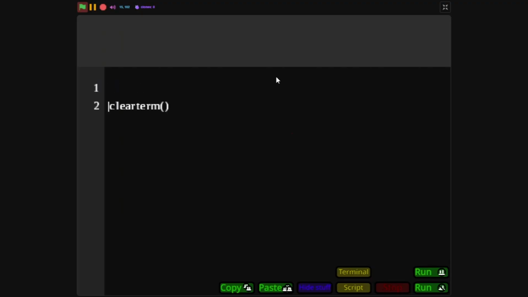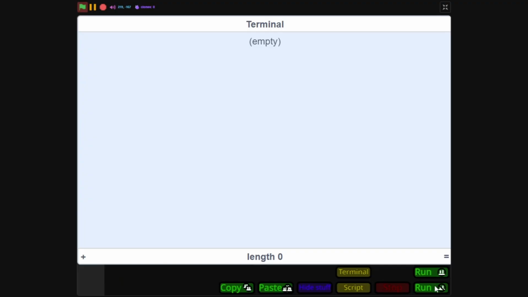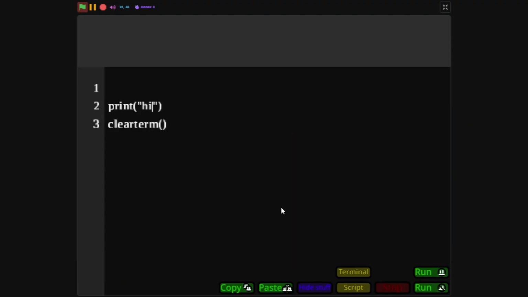Yep, clear terminal. So we can just print i, and then we can run, and then nothing prints. There we go. Anyway, yep, clear terminal. And actually, if we print hello,